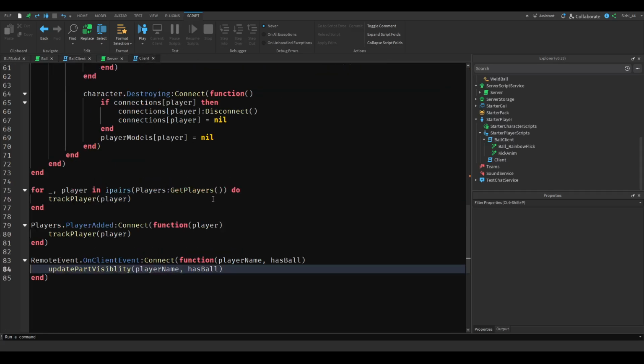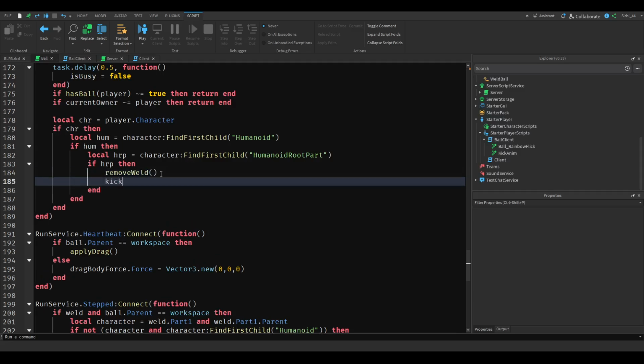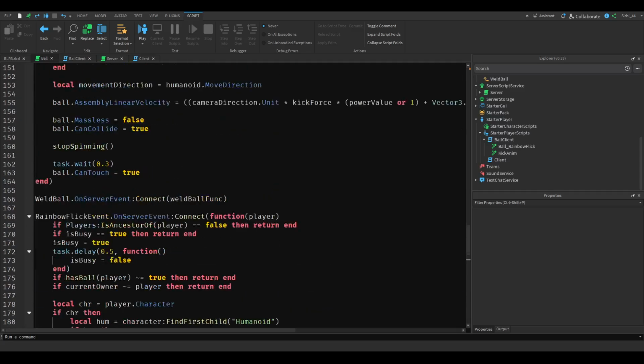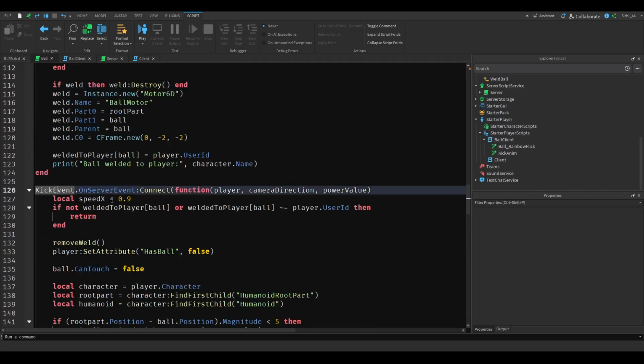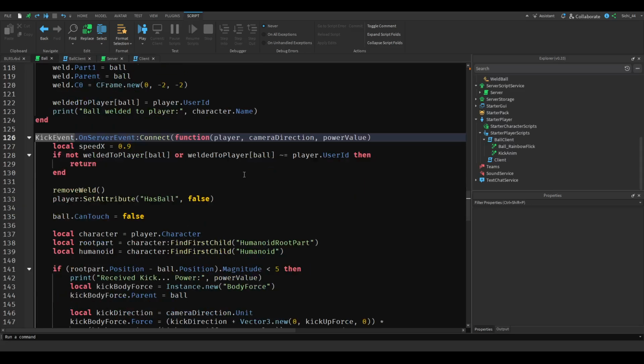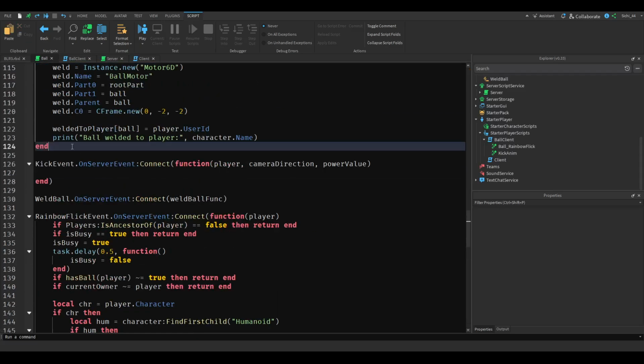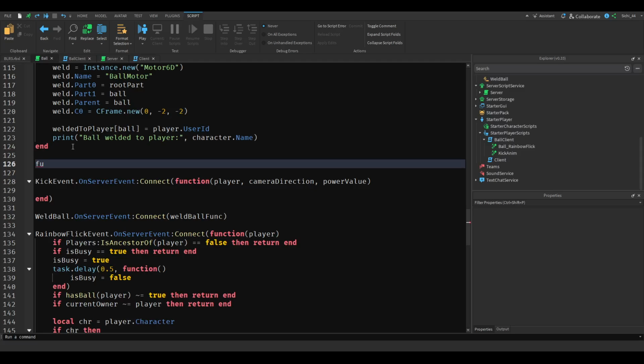So then what we want to do is on ball server we want to just remove the weld, and then we want to kick the ball. Okay, we need to make this function. Okay, no problem. We should have it though. Oh yeah, of course. So we just cut out the whole function here. We just make it a function,